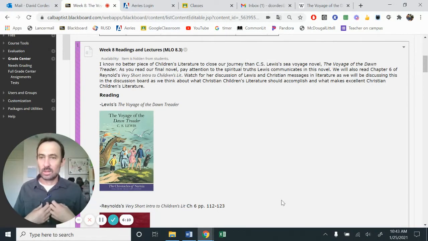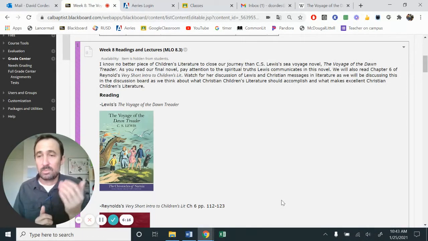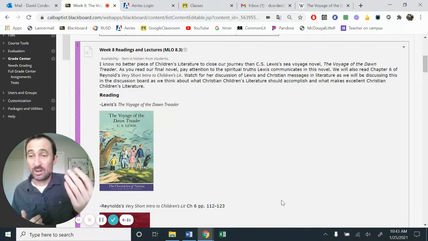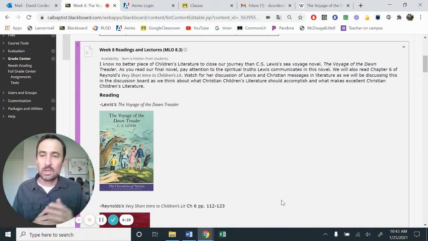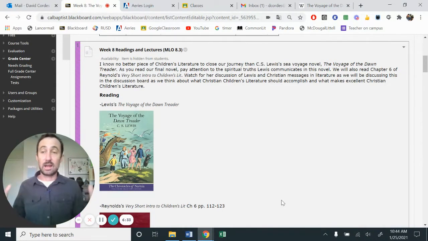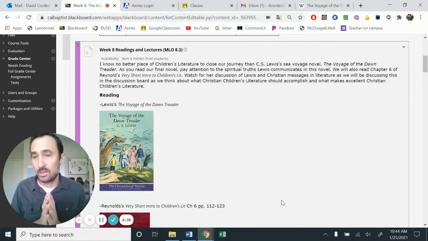Now, the child reader will identify with that and be able to say, how am I going to respond in that situation of right versus wrong? Betraying my siblings, doing what is right. How would I accept forgiveness as Aslan gives forgiveness to Edmund? So those ideas of loving one another, forgiveness, making right or moral decisions that impact others, those are the concepts of Christian themes in Christian allegory.